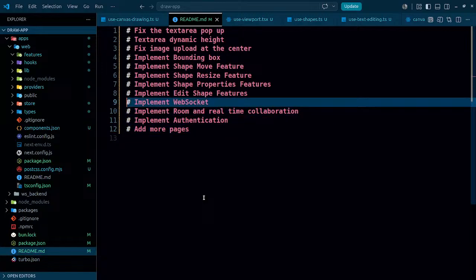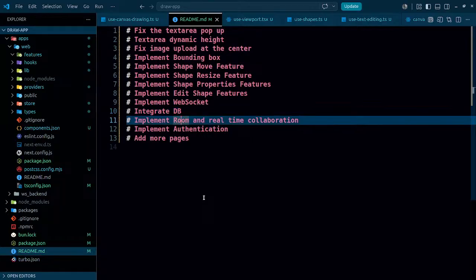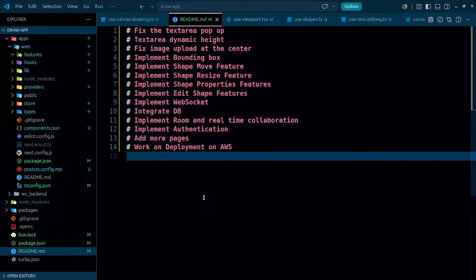Even here, after WebSocket, we have to work on integrating the database, and add more pages and all. Work on deployment on AWS, and then try to scale the server,